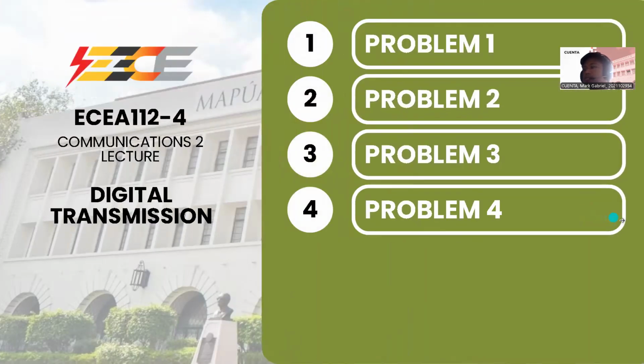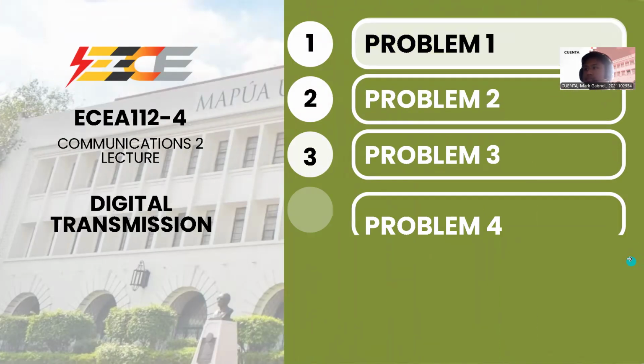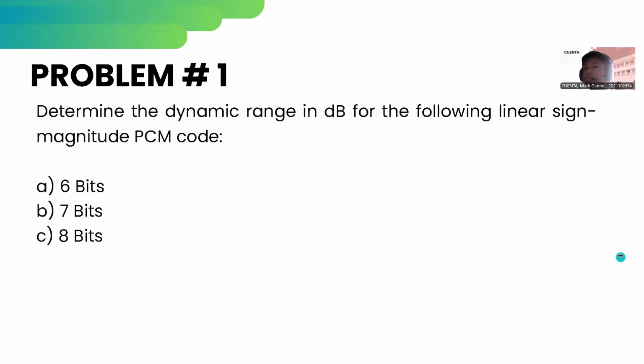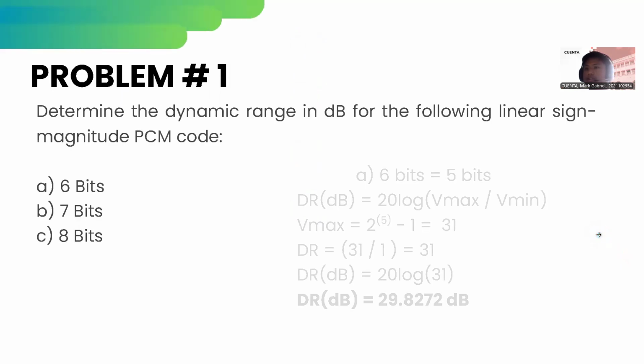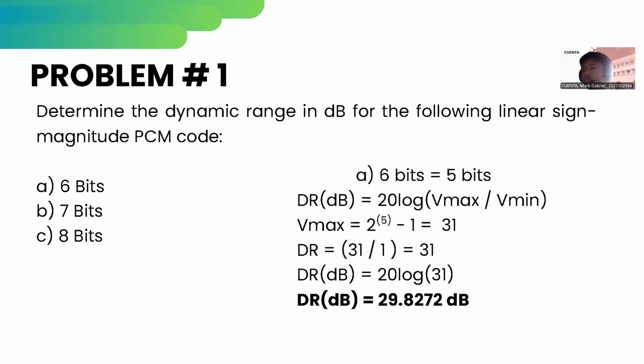Moving on to the first problem. Determine the dynamic range in decibels for the following linear sign magnitude PCM codes. First one, letter A, 6 bits is equal to 5 bits, excluding